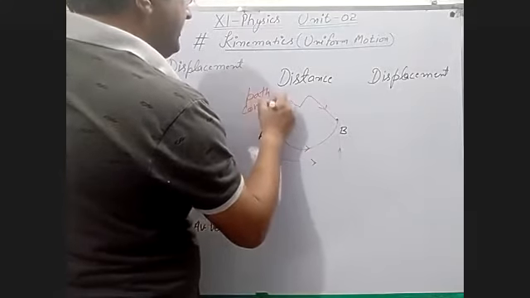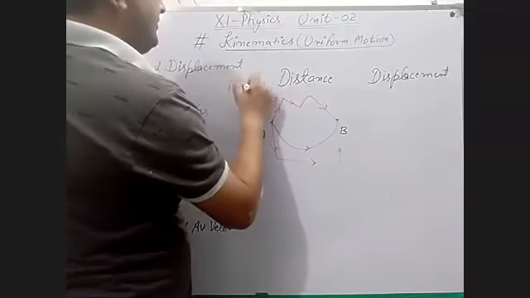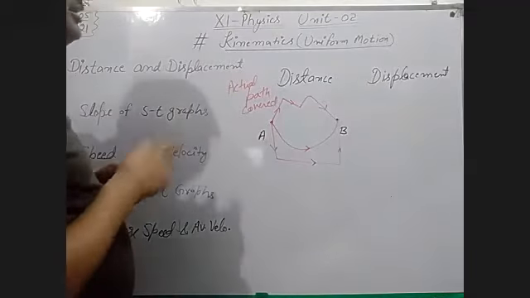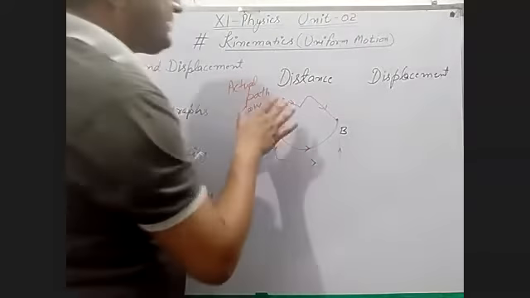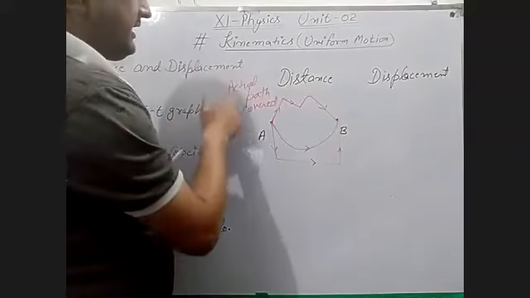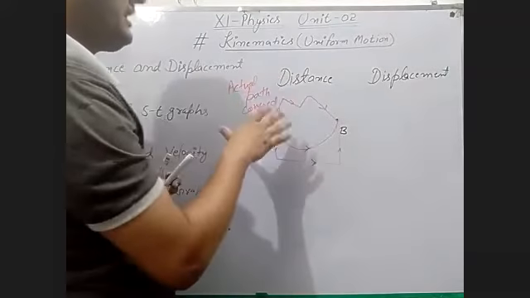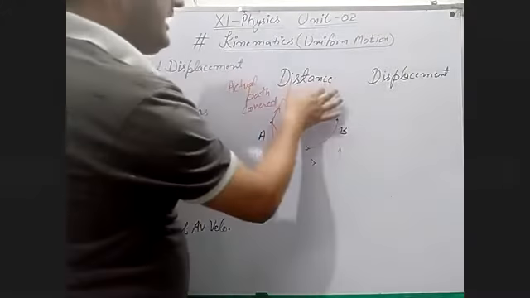Path covered, or you can say actual path. If an object covers the actual path from A to B,